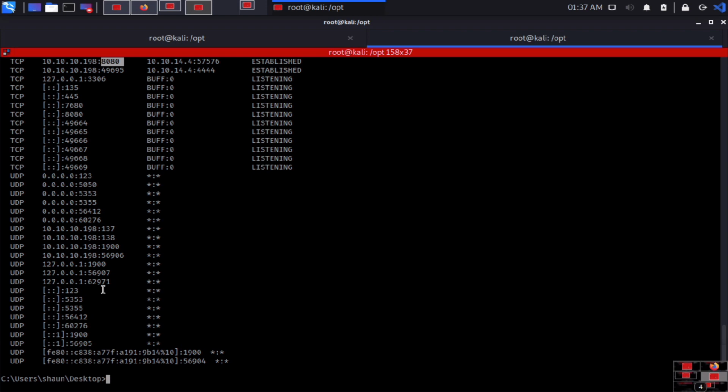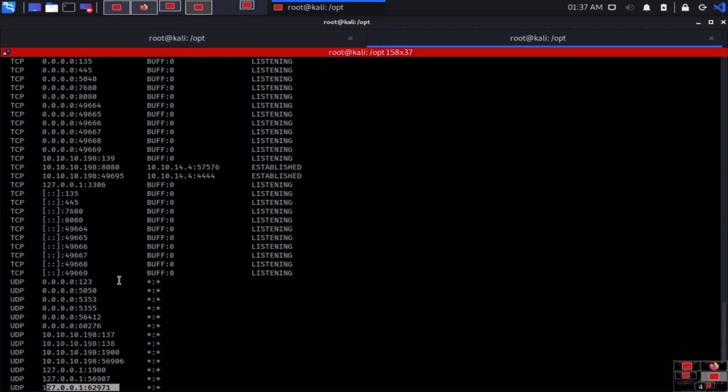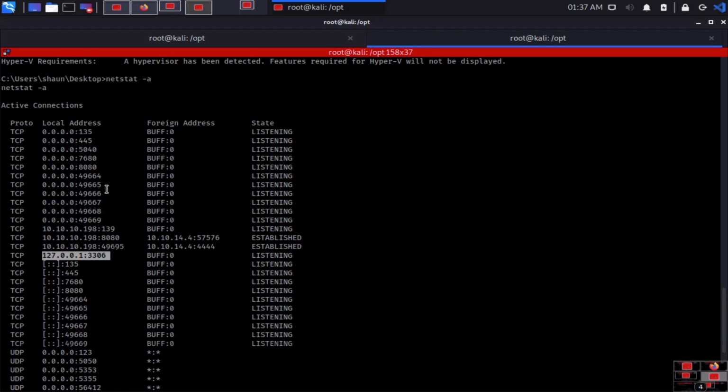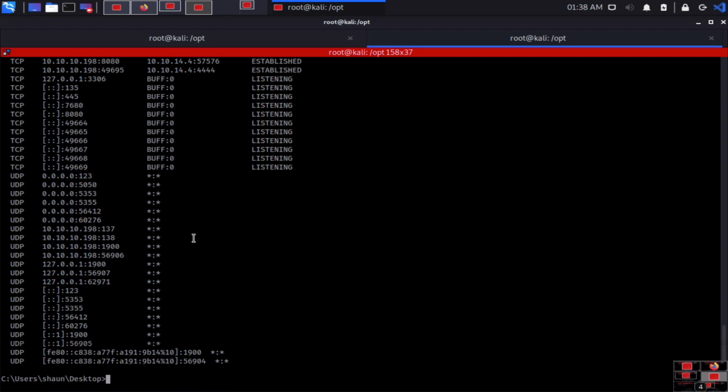And when we look around this, here was a loopback. This is a very important part, the loopback part. So here we have 127.0.0.1 with port 19.00, then we have 56907, and these ports are there. And when you go here, these are loopback 3306 and the IP address. Now let me perform enumeration.